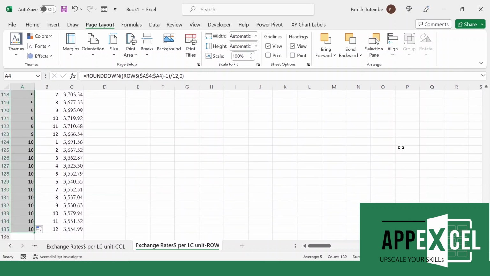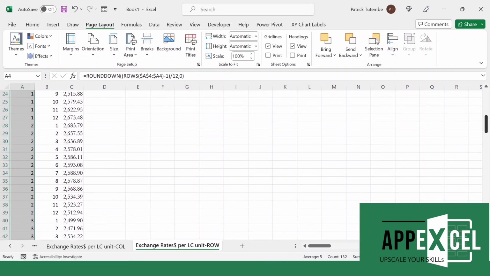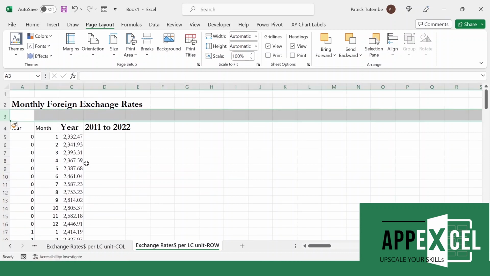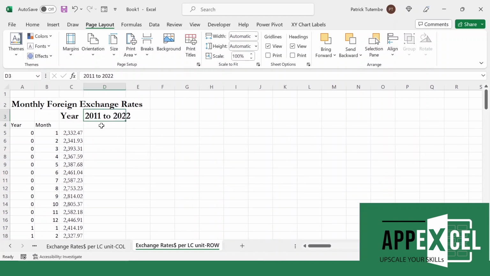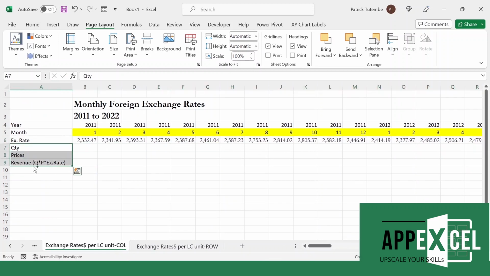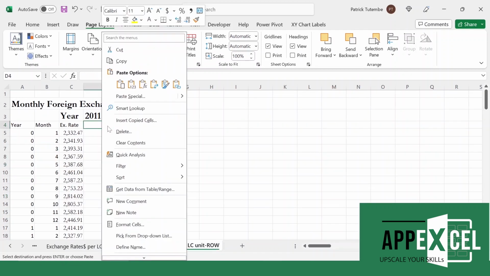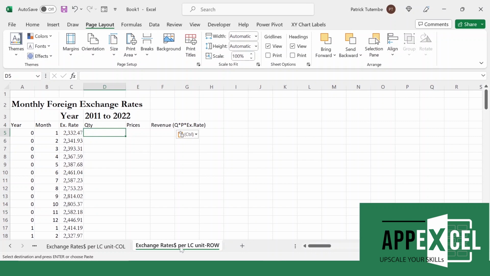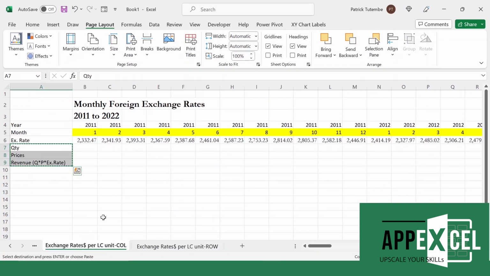the end. The reason why we have to get this formula right is that when you are to do this work manually, you are bound to make mistakes. Now, if we want to insert the quantities and the prices, so this is the exchange rate, and then we can copy this quantity and prices and revenue here, and then we paste them here as transposed values, paste special, transpose values, and then we are now ready to do our lookups using the index and